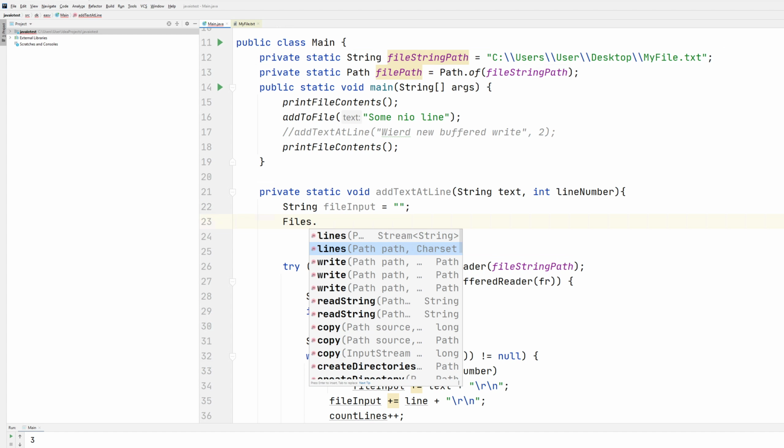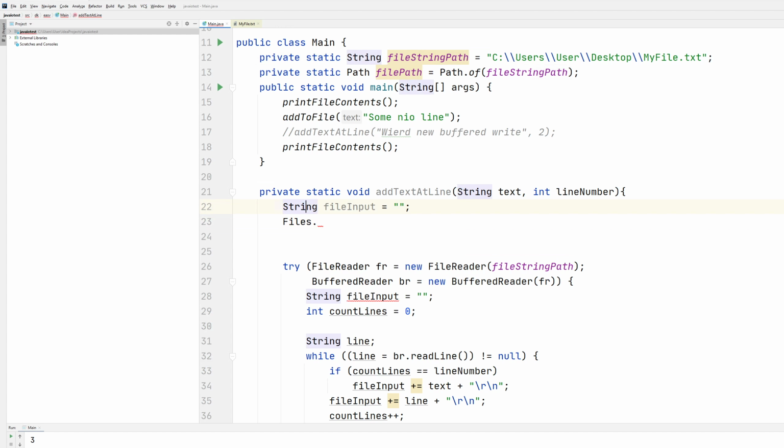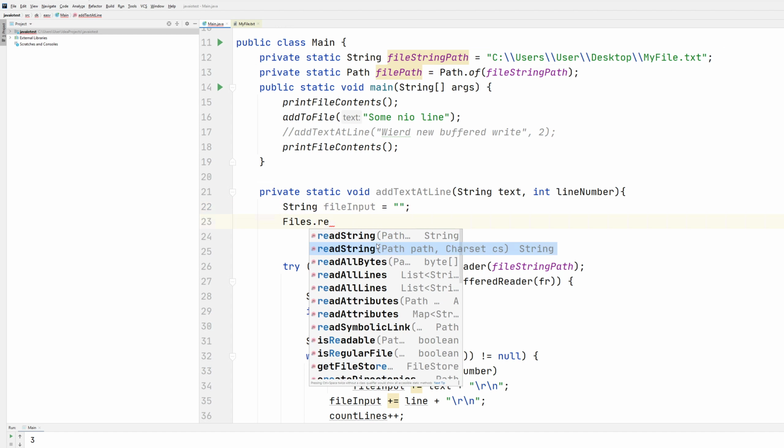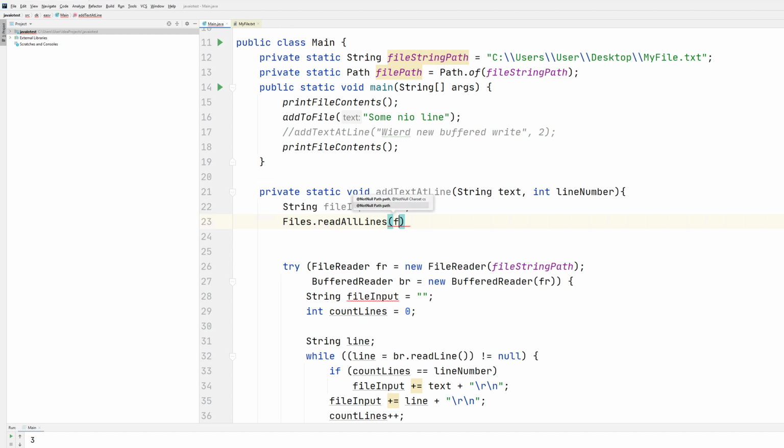So let me show you. There's a method that we can use, I think it's called read all lines, and we can actually see we'll get a list of strings back. So we need the file path,